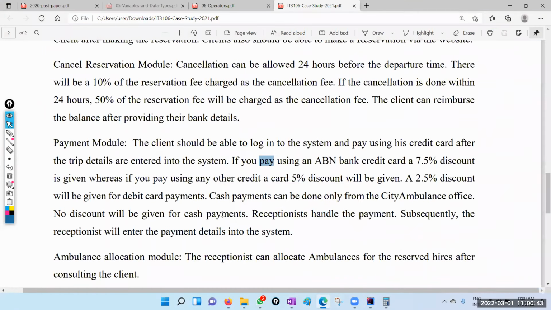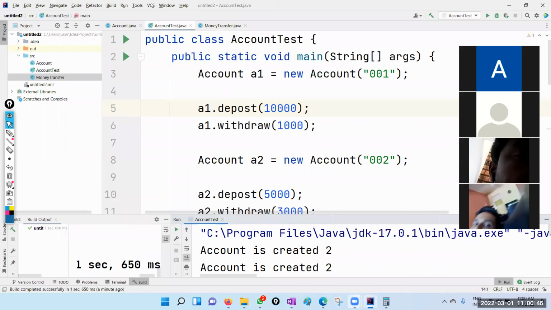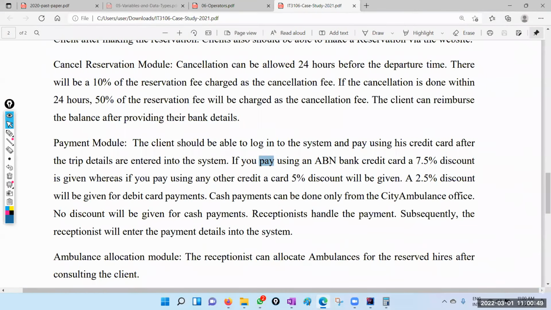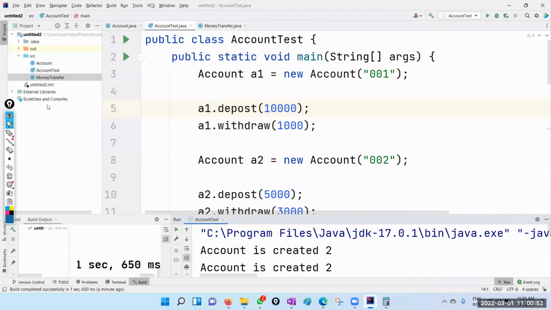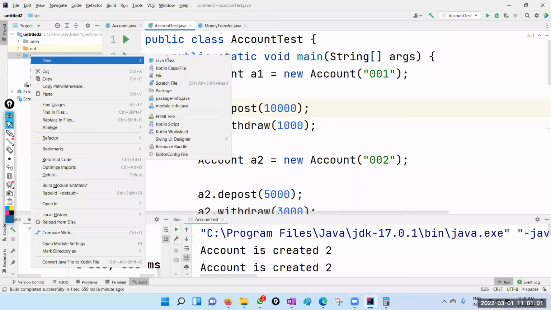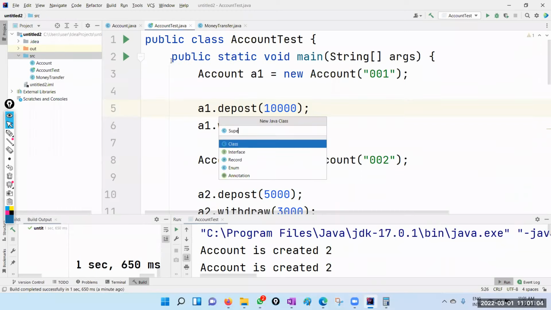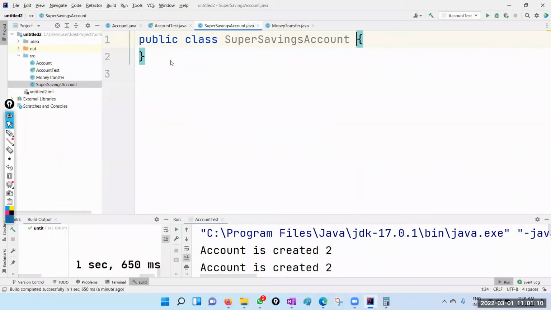It's a very easy concept. So let's assume we have a new requirement for the bank. That is, we are going to introduce another new type of account. Let's say it's a super savings account. This is just account. Okay. New Java class, super savings account. Now I can say it extends account. So then it gets all the non-private attributes and behaviors inherited. Now, what are the things we can do with your subclass? There are 3 things related to subclass. Number one,